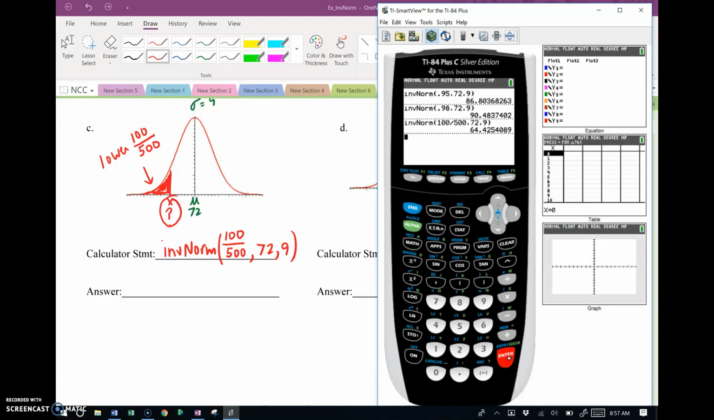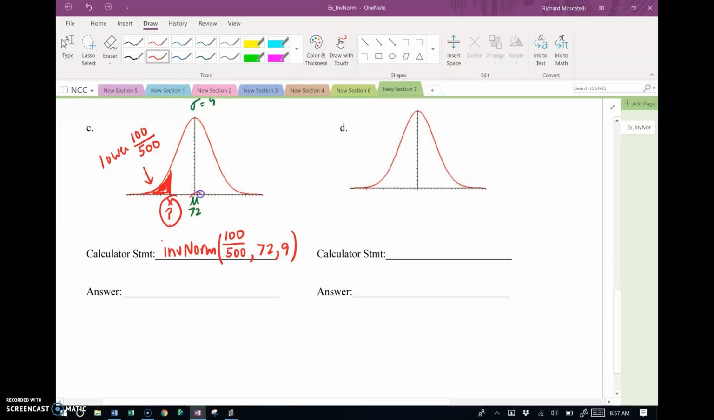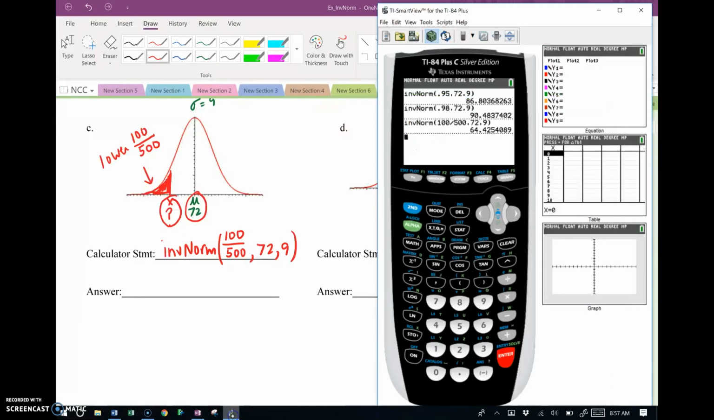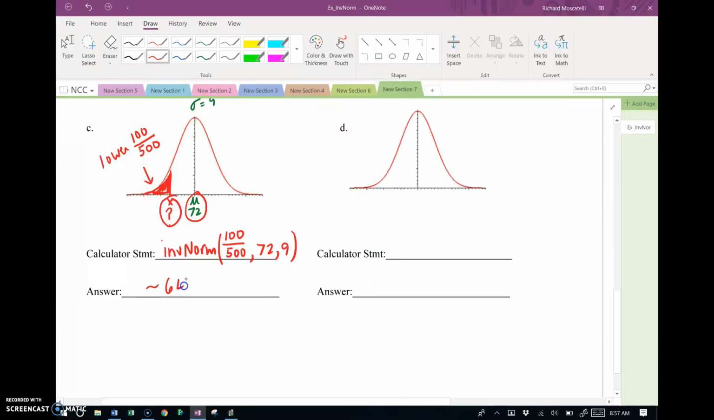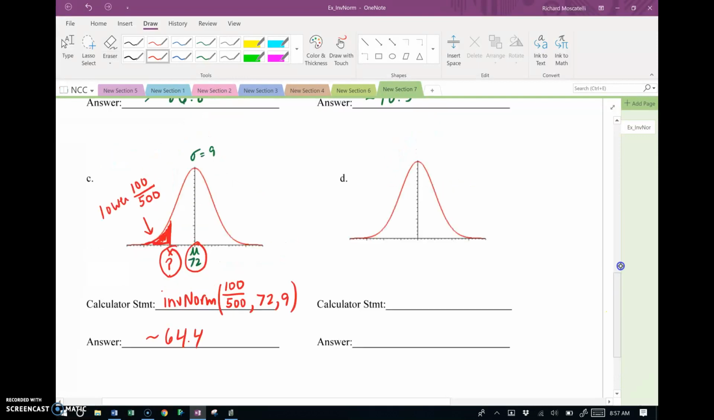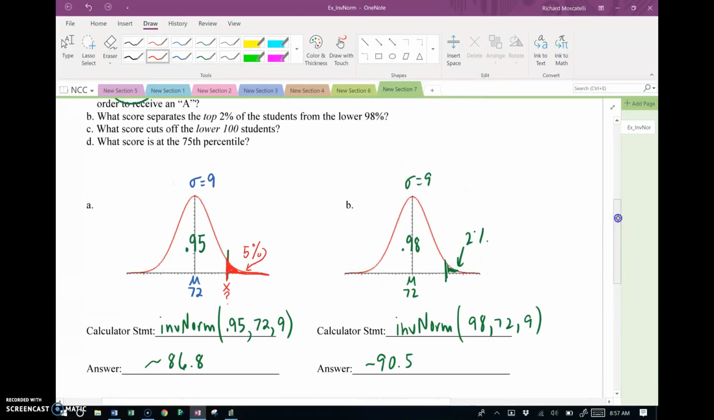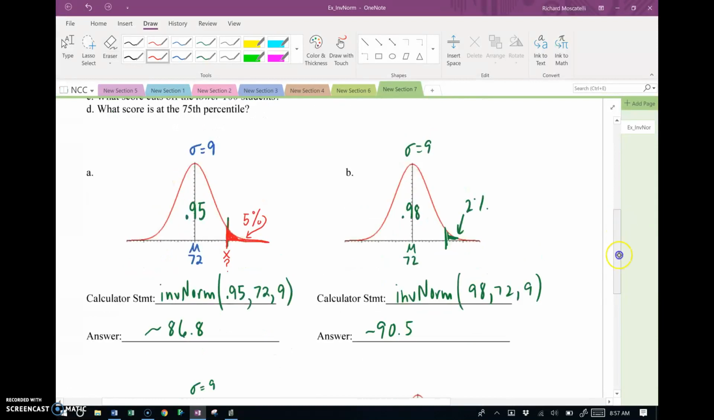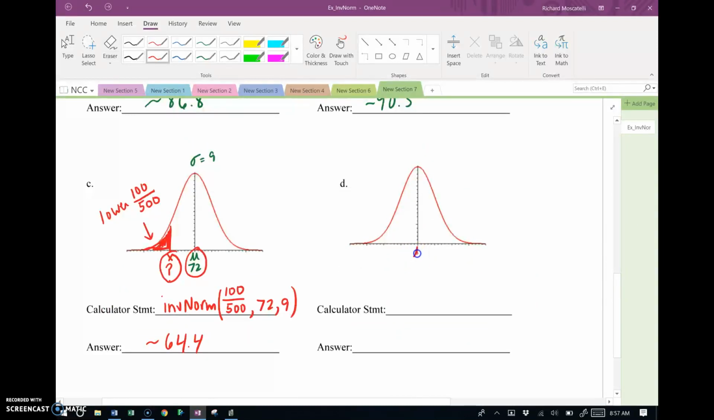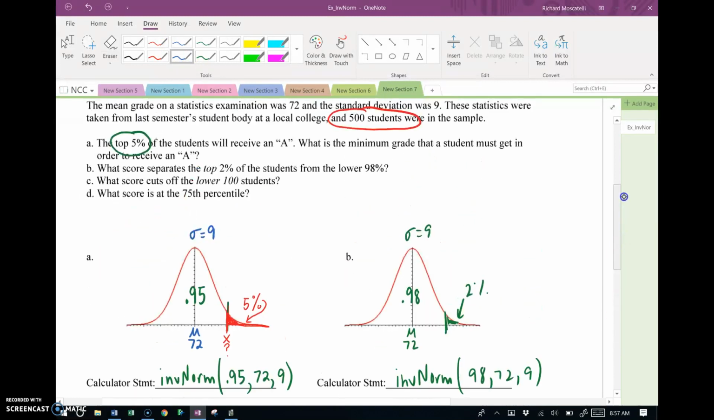All right, so again, we knew the answer, by the way, common sense-wise. We knew it was less than 72. And as you can see, it's about 64.4, ballparks. All right, let's give a look at the last one. What score is at the 75th percentile? All right, so again, here's the mean of 72. Standard deviation is 9. The 75th percentile,